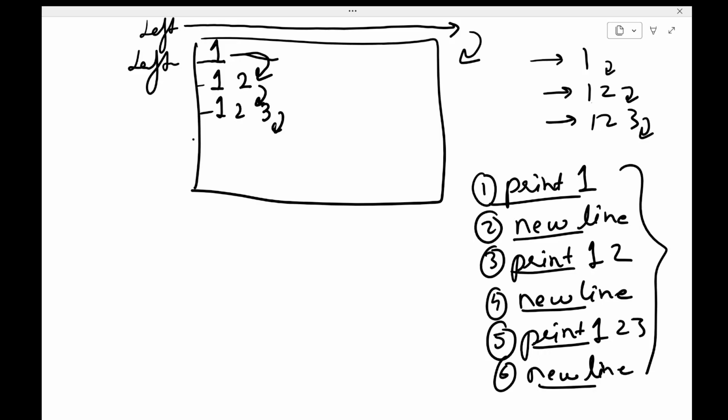That means when I'm printing, I'm not leaving a line. But after my printing is done, then I leave a line. So what I'll do is I'll write over here, see,